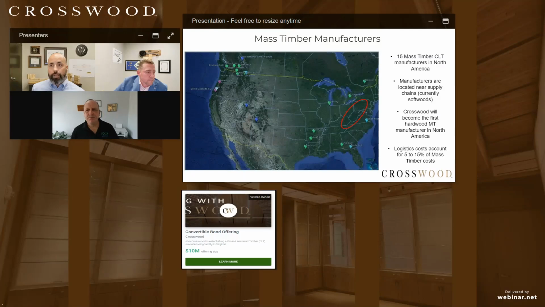Well, a couple points. You see a lot of dots up there in the Pacific Northwest, and I would say good luck finding a yellow poplar tree in Washington or Oregon. But in seriousness, as Jeremy pointed out, mass timber manufacturers, as the folks in the industry know, are located close to their lumber supply. And that's why they're using softwoods. They're taking advantage of those softwood timber stands.